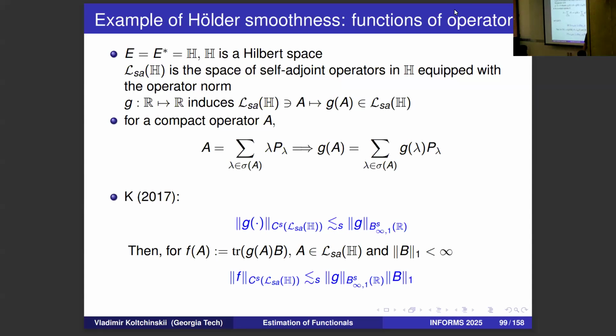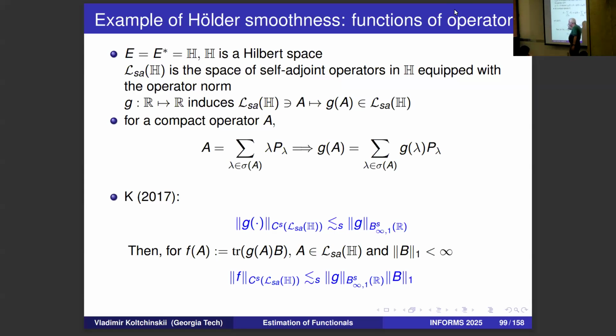Now, of course, people in operator theory studied a lot the following question. If you have a function of real variable of certain smoothness, what kind of smoothness properties will the corresponding operator function have? When I looked at this literature, I did not find exactly this claim that is given here, but it was easy for me to prove it for myself, extracting necessary bounds from the literature that people wrote,